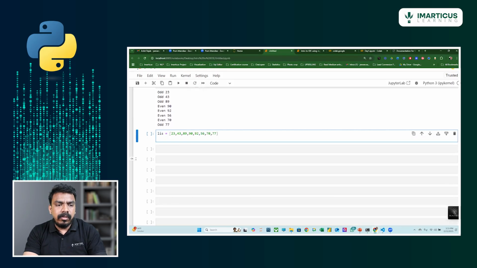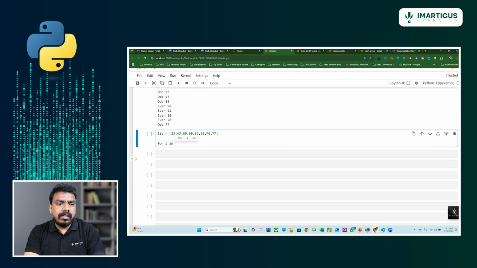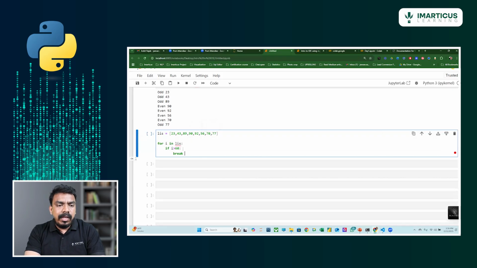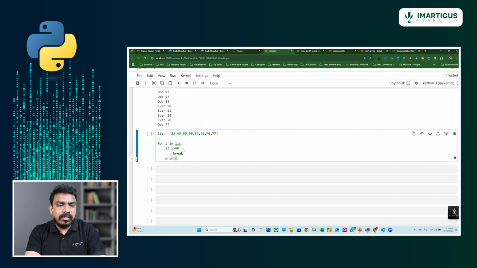So let me write a simple for loop: for i in list, that is, for item in the list. The list is nothing but the iterable that is already defined. Here you are checking if i is over 60, consider any value over 60. For example, after 89 we don't have any value over 60 except one value less than 50. That is fine. So you are specifying if i is greater than 60, you want to break the entire loop. Then you are printing the value of i.